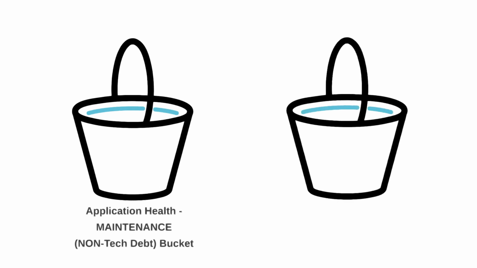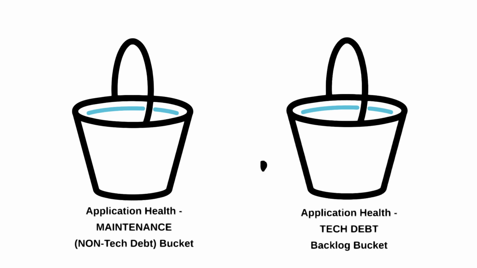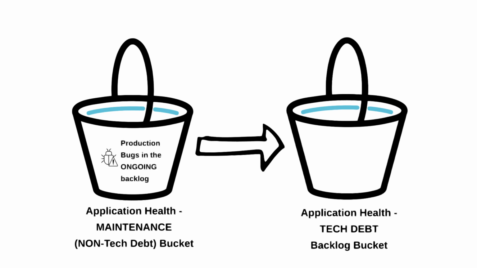One additional question we often hear is, can maintenance items move into the tech debt backlog or bucket? The answer is it depends, but remember again the definition of tech debt. The work is tech debt if and only if you made a conscious decision to defer it, usually for a business emergency or imperative, or because you were unsure if the product would have adequate market traction to justify the work. Then something like production defects can be considered tech debt. But if you did not decide consciously to defer the work, then you are simply guilty of sloppy or suboptimal engineering management, i.e., not being a good steward of the application's health on an ongoing basis,